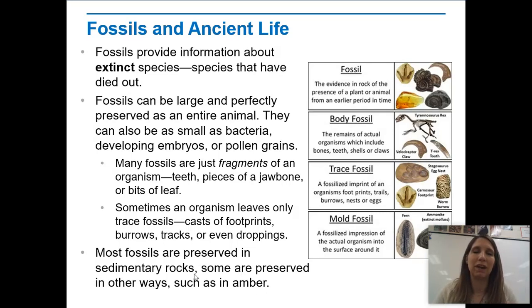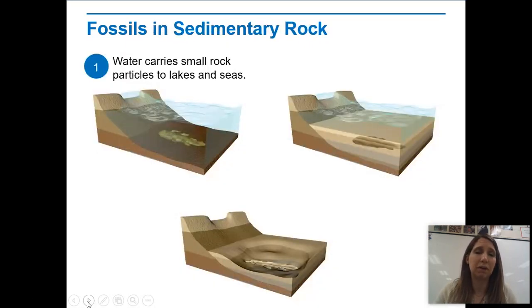And so sometimes we find small organisms like that preserved in things like amber as well. So when we talk about fossils in sedimentary rock, several processes result in their being present in that place. So when we think about the formation of this,